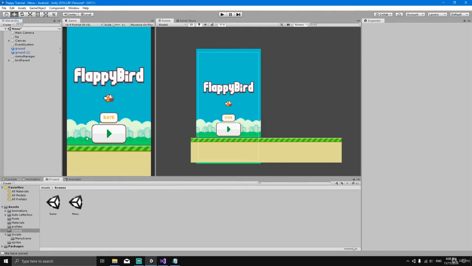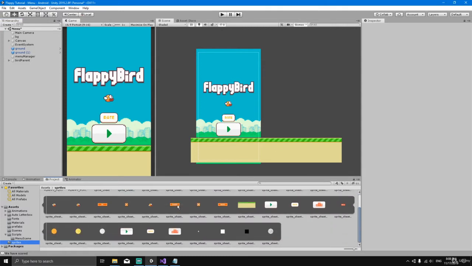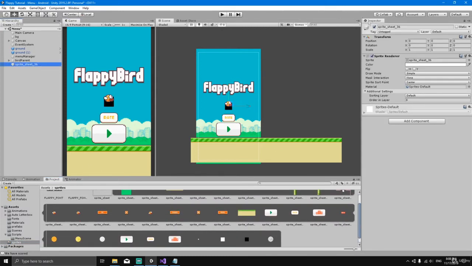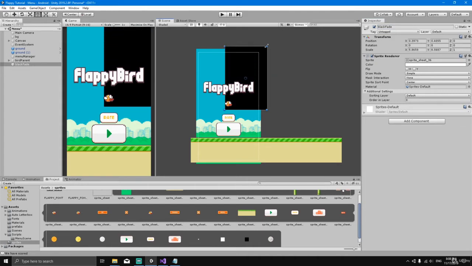To implement this behavior, what we first need to do is create a new sprite in the hierarchy. So we're going to go to our sprites folder and look for this black square, and drag it to the hierarchy like this. We're going to change the name to black fade. So the name is now black fade, and we have to resize it. So let's press T and resize the black fade